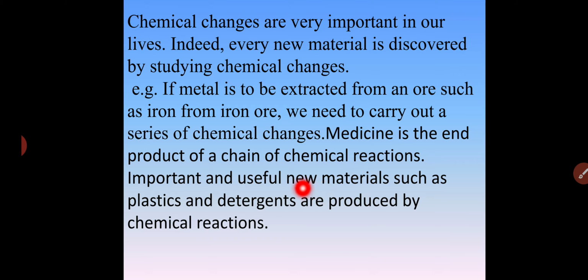So when there is a chemical change, new materials such as plastic, detergent, and other products are formed. These are products we all use in our daily life, but we are just using them. Have we thought about how these are produced in the factories? To produce all those things, chemical reactions are going on, and with the help of those chemical reactions they produce all these products.